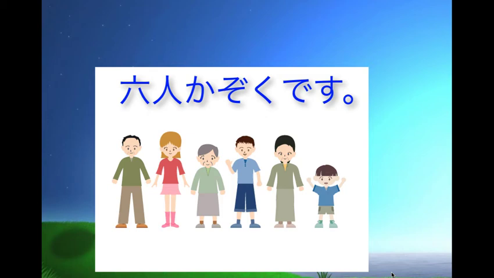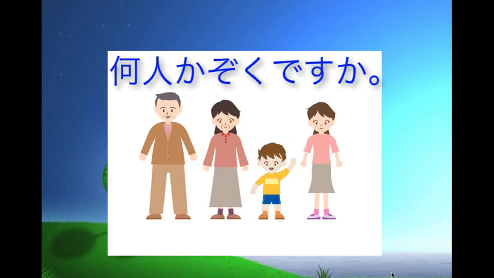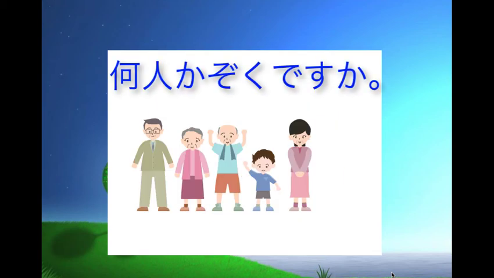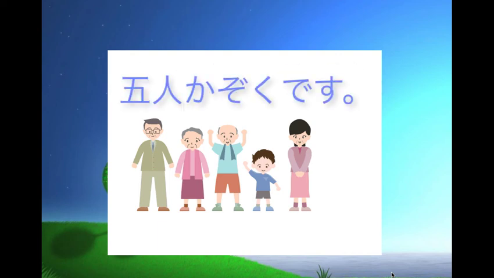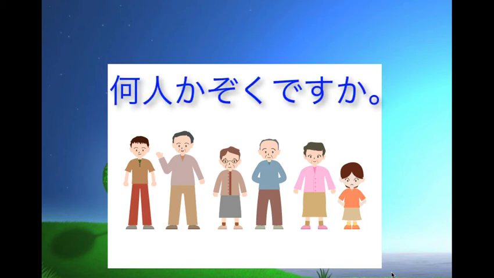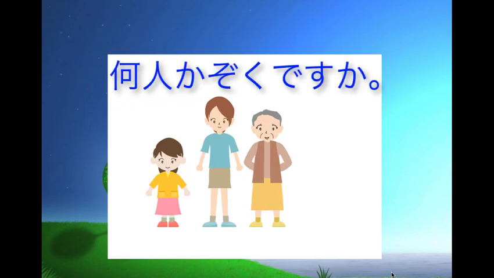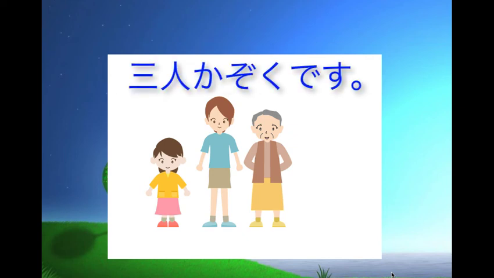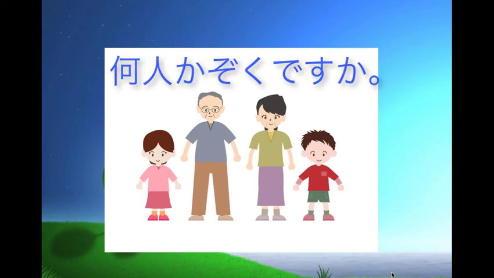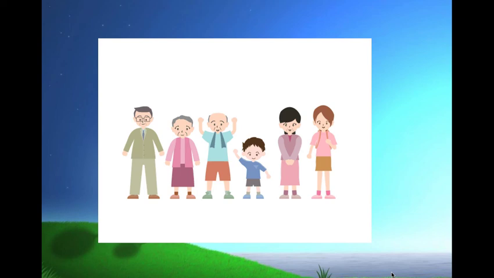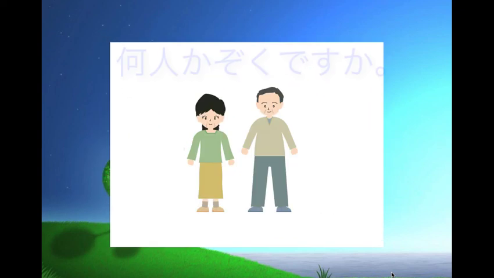6人家族です。何人家族ですか？ 4人家族です。何人家族ですか？ 5人家族です。何人家族ですか？ 6人家族です。何人家族ですか？ 3人家族です。何人家族ですか？ 4人家族です。何人家族ですか？ 4人家族です。何人家族ですか？ 6人家族です。何人家族ですか？